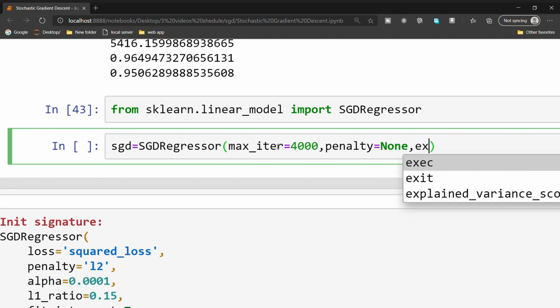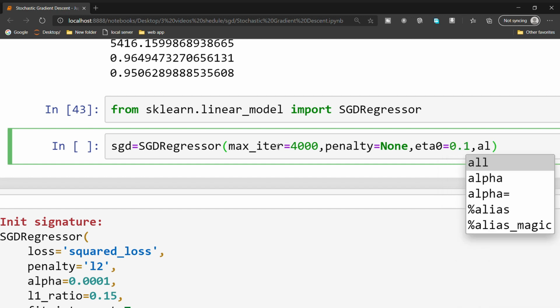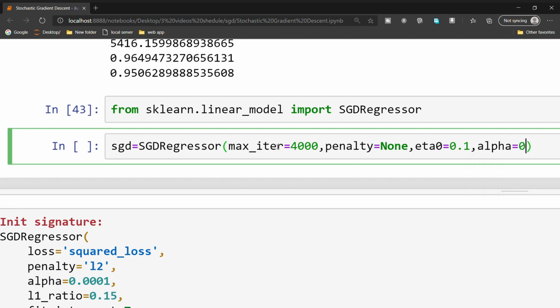Next parameter is eta0. This is about the learning rate schedule. It helps us not to bounce away from the global minimum. We need to set it to 0.1, and finally we have to give the alpha value, alpha equal to 0.01.